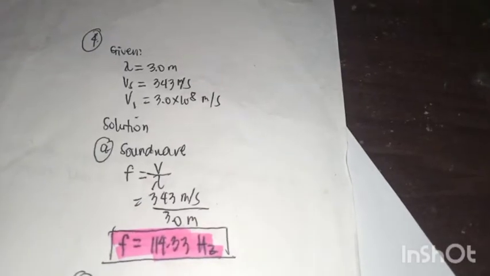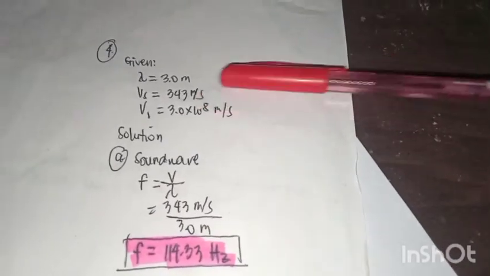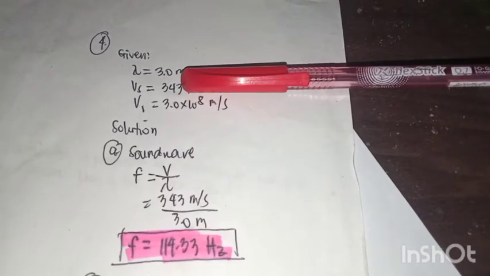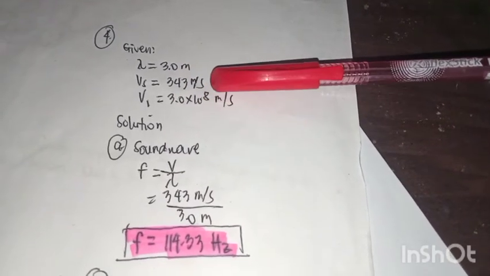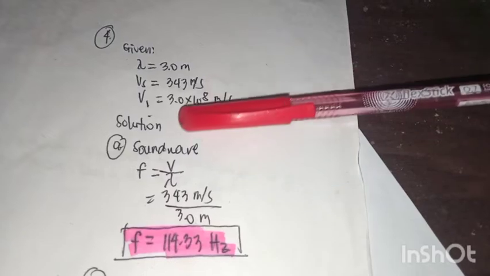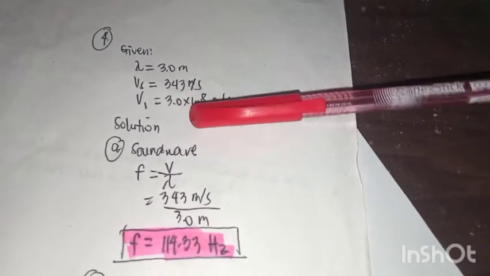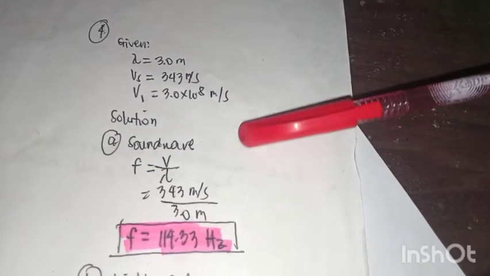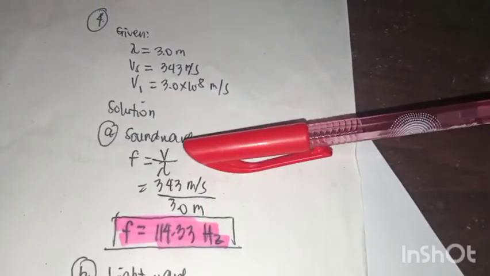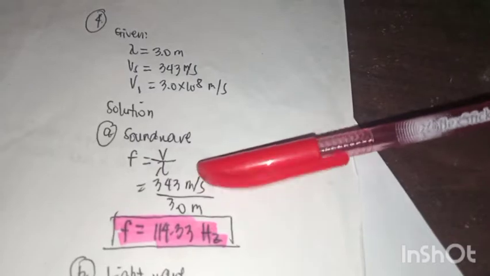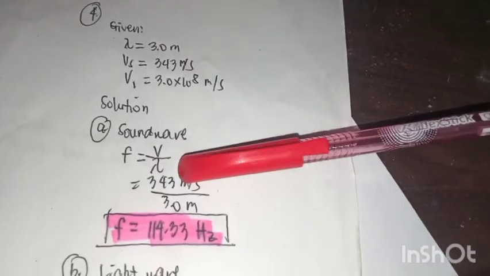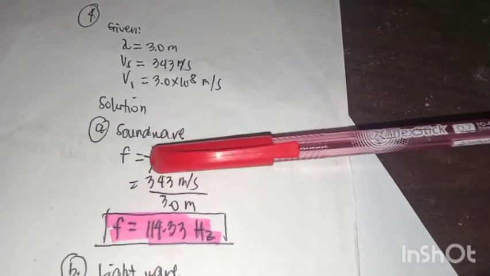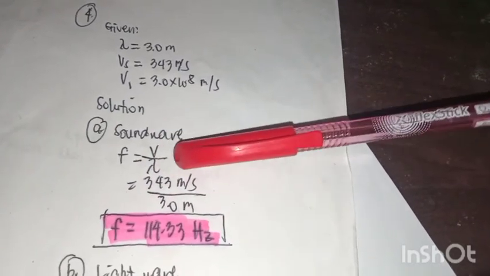So for the last problem, we have here the given wavelength of 3.0 meters. The velocity of the sound wave is equal to 343 meters per second. The velocity of the light wave is equal to 3.0 times 10 raised to 8 meters per second. Since we are going to find the frequency of the sound wave for letter A, we are just going to use